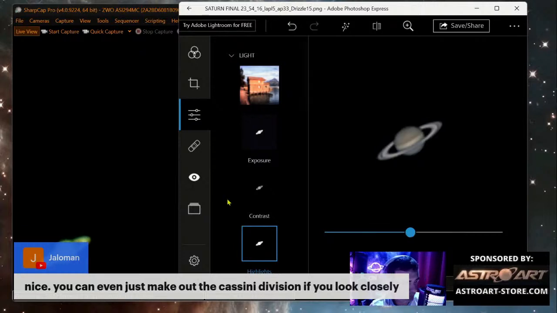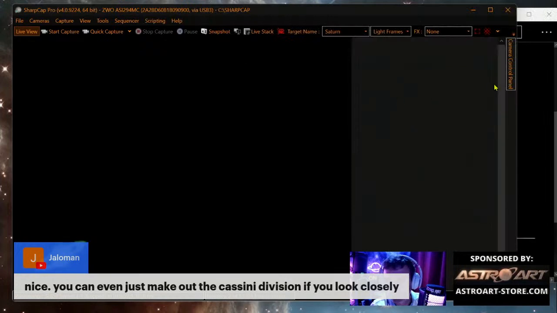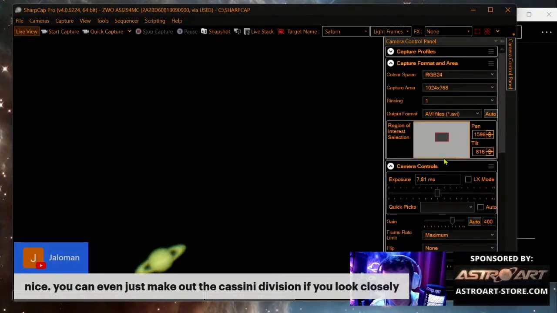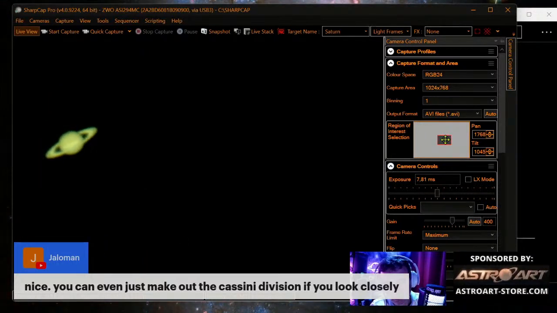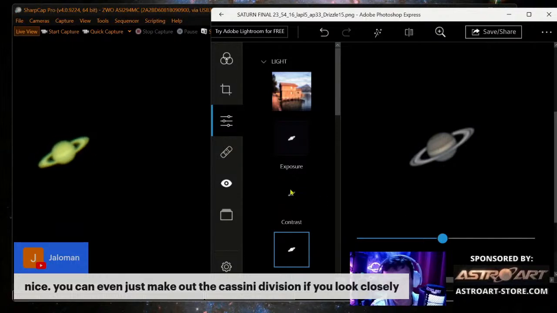Where is it? Hold on. Now it's drifting to the other side. I increased the speed too much. Okay, exposure, contrast.